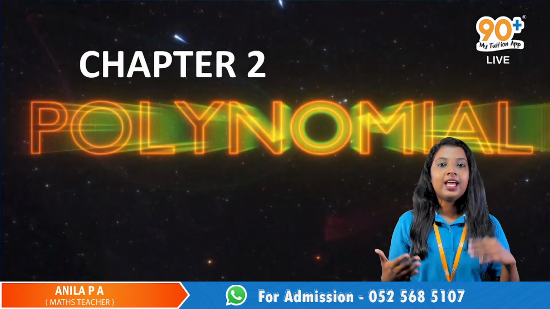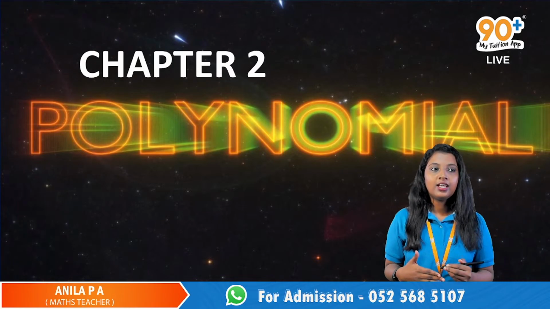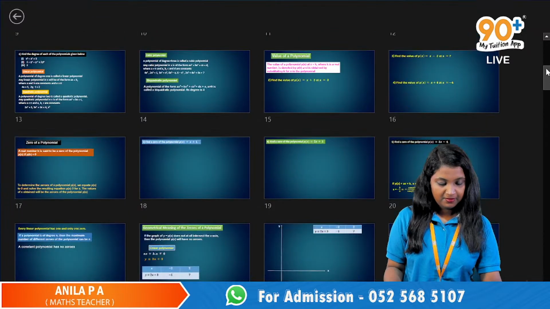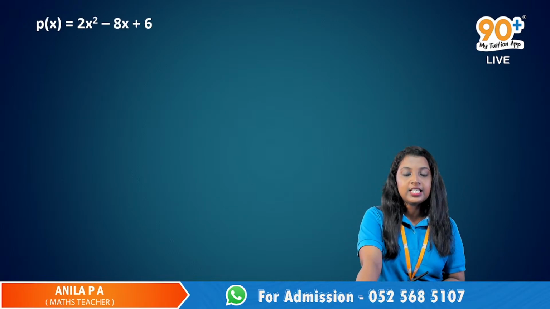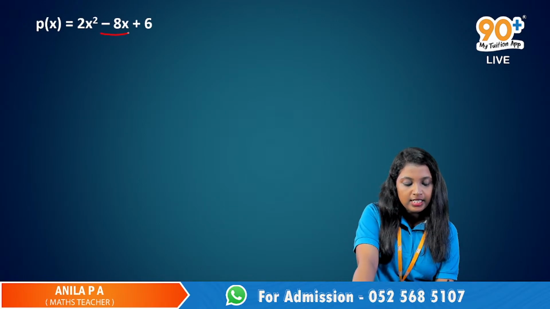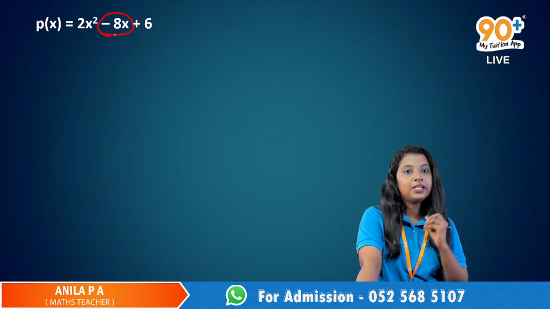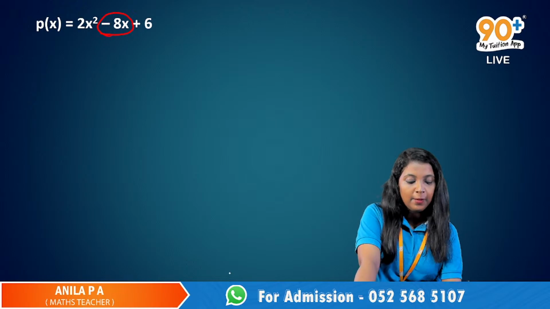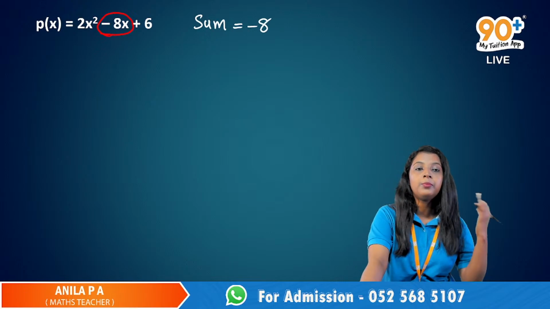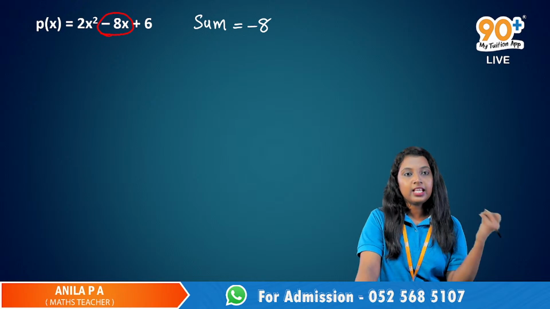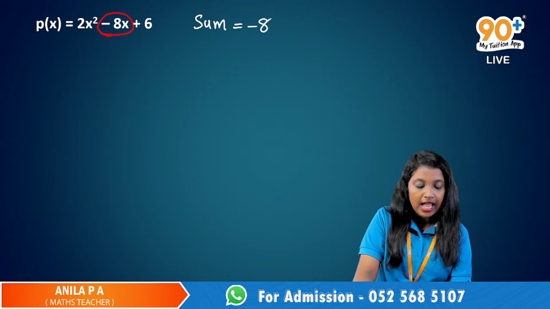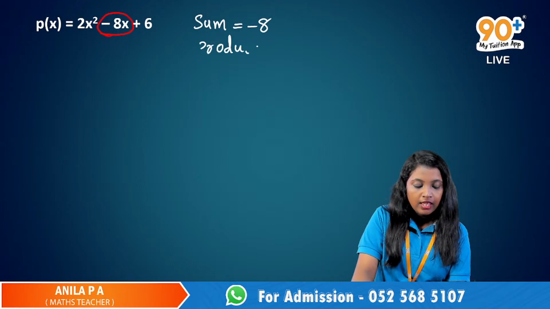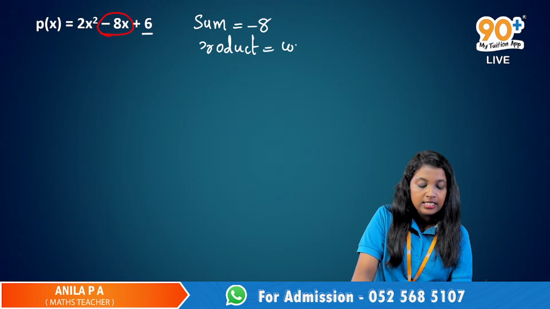How do we split that middle term? Here negative 8x is the middle term, and we have to split this middle term. For that we need two numbers such that their sum is this negative 8, which is the coefficient of the middle term. It is negative 8. So we need to find two numbers such that their sum is negative 8 and their product is this constant term